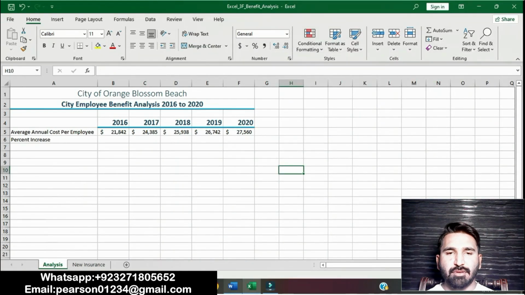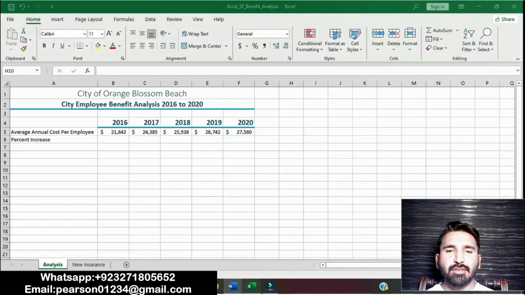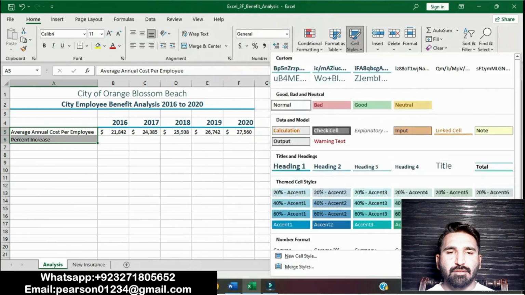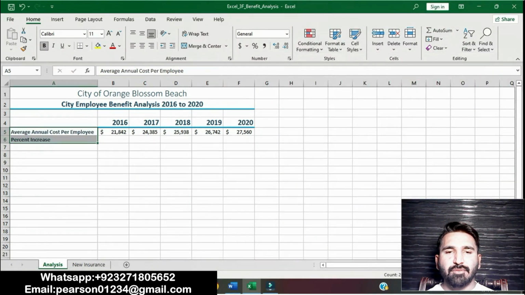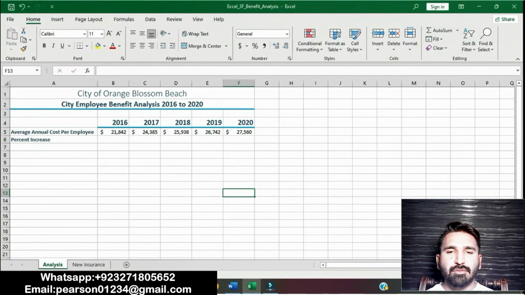Then apply the Heading 4 cell style to the range A5 to A6. First we select A5 to A6, then Heading 4 cell style. Then we auto fit column width as necessary.